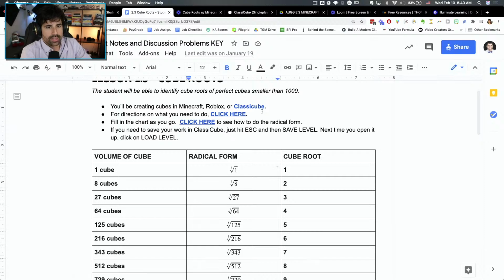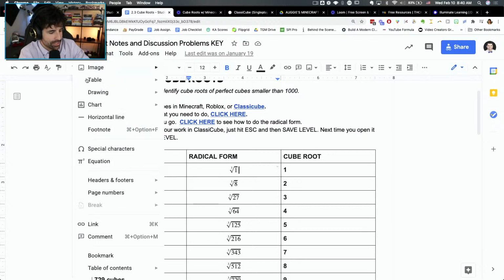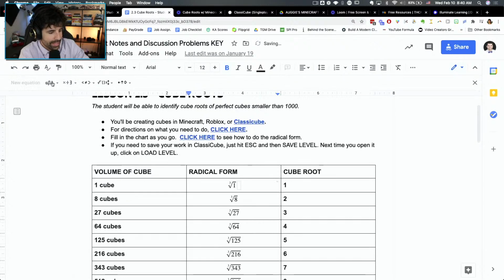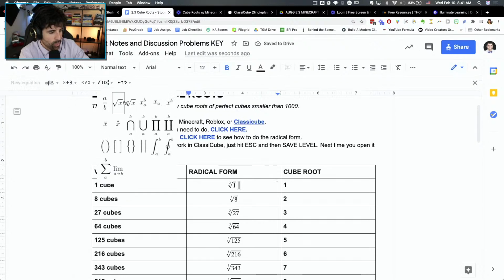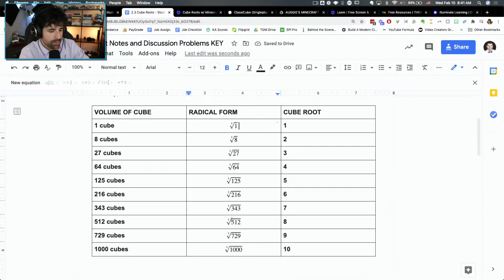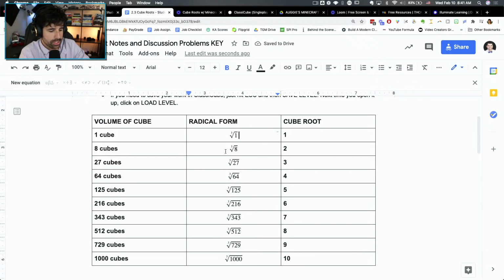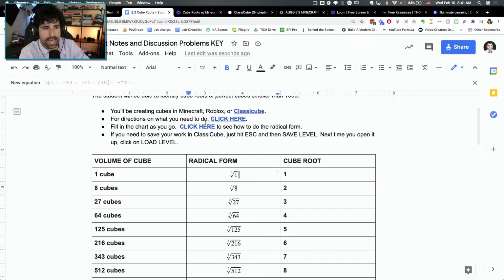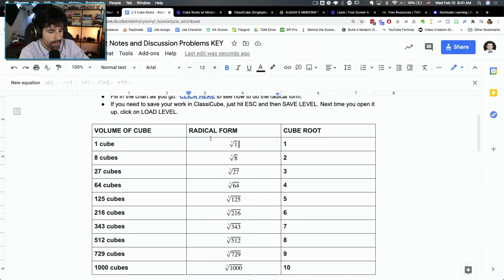Students usually do not learn how to do these types of little equations on the computer until much later in their schooling career. But being that we're virtual, I'm like, well, might as well teach them now about insert equation, showing them where to find what they are looking for, and then just how to copy and paste the equation multiple times and just change what they need to change throughout. So there was a tutorial there at the top on how to actually make that radical form,